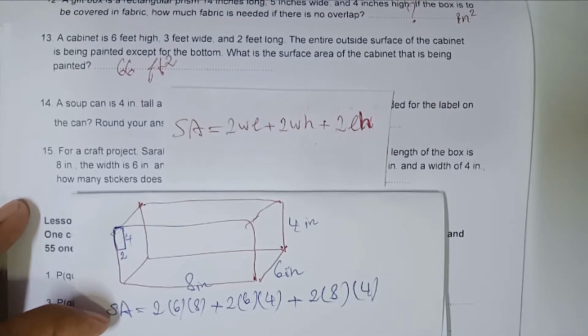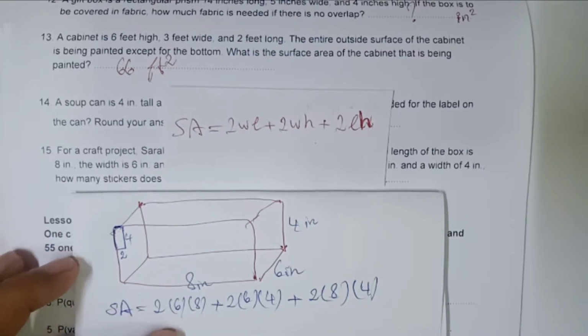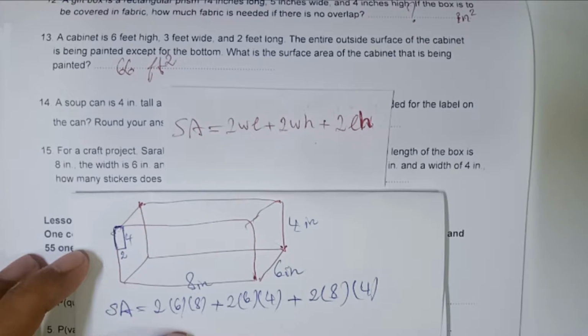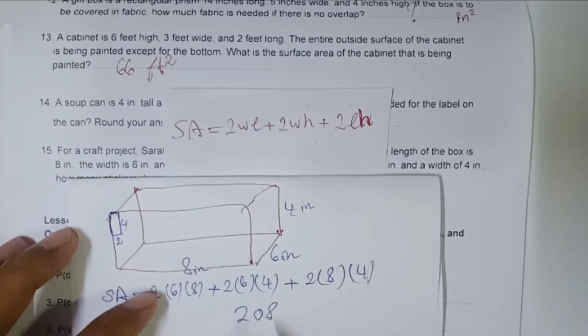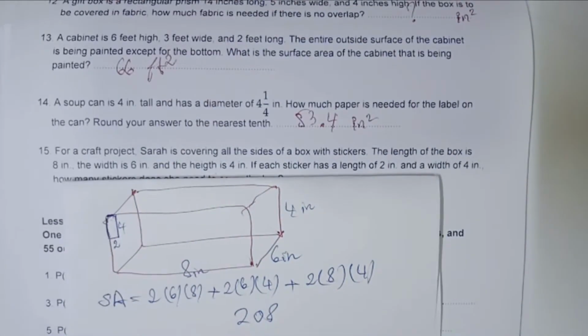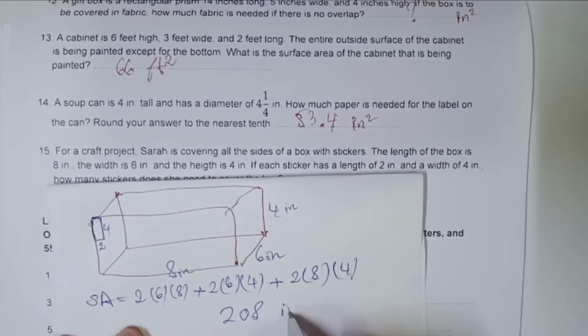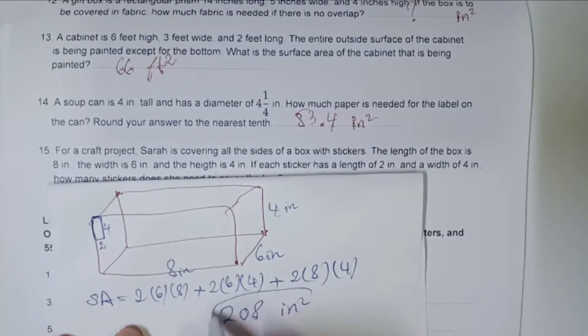So 2 multiplied by 6 multiplied by 8, plus 2 multiplied by 6 multiplied by 4, plus 2 multiplied by 8 multiplied by 4. That will give you 208 square inches in this part. This is the area of the